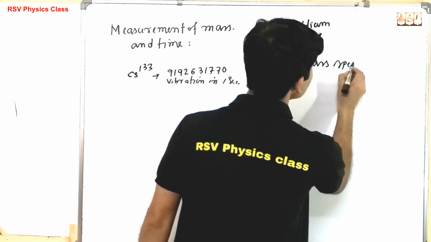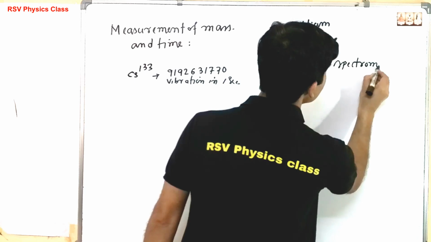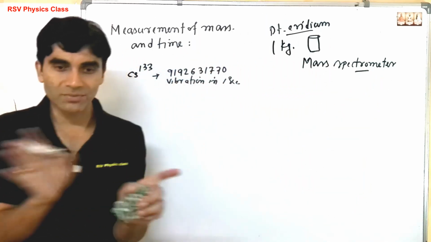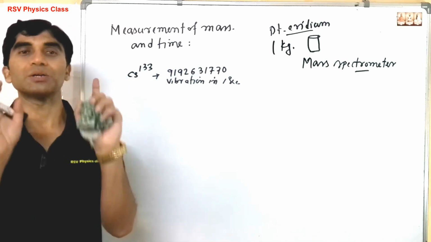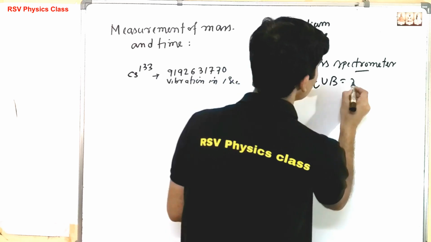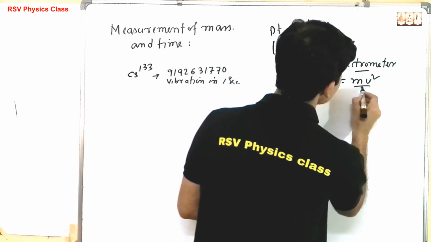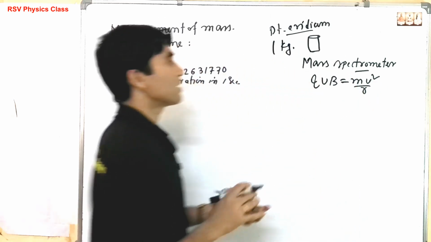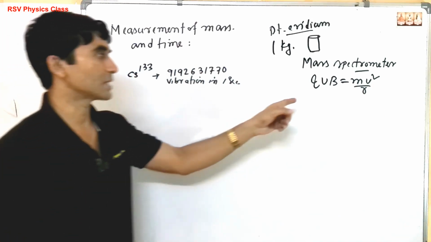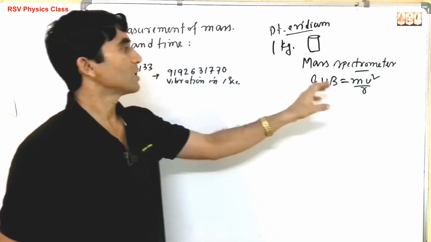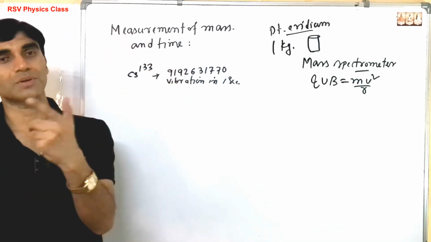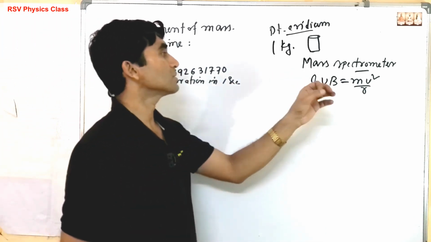Mass spectrometer. So how much it is charged and how much it is deflecting. qvB equals mv squared by r. In my electromagnetism lecture I will also be repeating it. The lecture is there, you can read it also. So using this principle you can calculate the mass of this